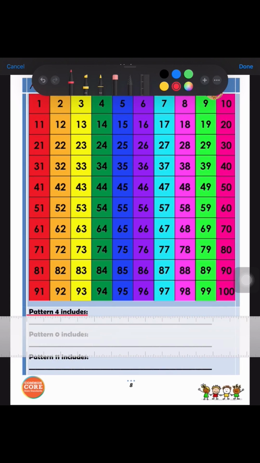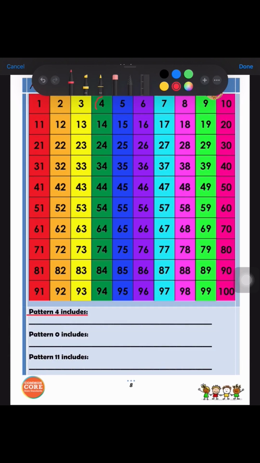Okay, now please turn to page 8, and we're going to find the patterns of 4. So the first number is 4, and then we jump 4 steps forward, it becomes 8, and then we jump 4 steps forward, it is 12, and next is 16, and then 4 steps forward is 20, and then is 24, and then 4 steps forward is 28, and then 28 plus 4 is 32, and next it is 36, and next is 40, and then 4 steps forward is 44,